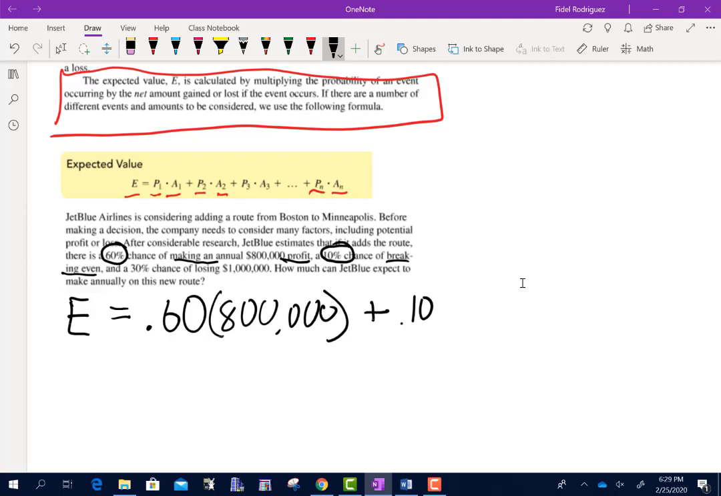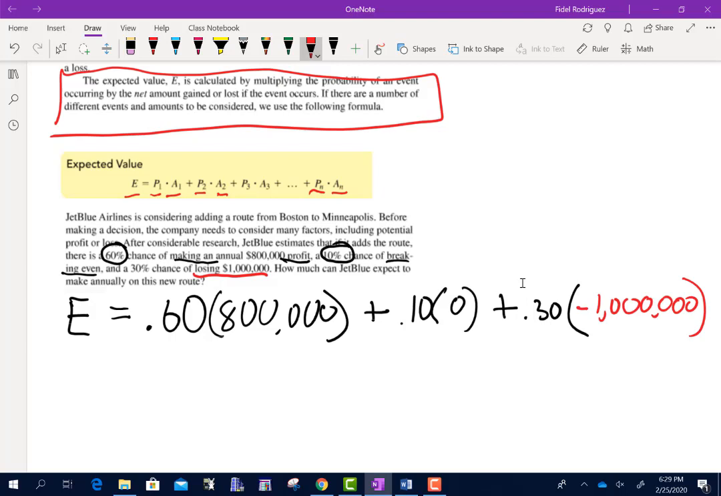So think about what breaking even means. You didn't win any money, you didn't lose any money, you have a gain of 0. Okay? And then a 30% chance of losing $1 million. So guys, because that is a loss, I need to think about that as a negative $1 million, okay? All right, so now let me grab my calculator right here